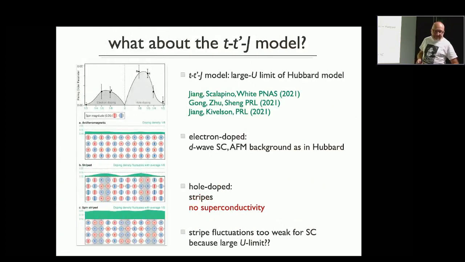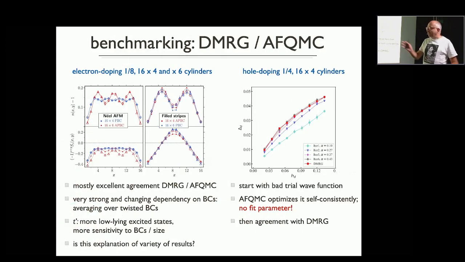And let me perhaps jump ahead and say something very briefly. It's an interesting observation that the t-t'-J model, which sometimes you like as a simplification of the Hubbard model, does not produce these features, at the moment at least. That's the current status of the numerics. Perhaps because it takes the large U limit and you need the intermediate U of the true superconductors to actually make this instability happen. So the last slide I really want to show, if you give me 1 minute,